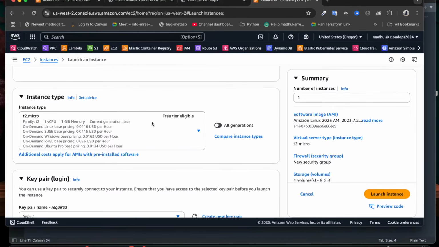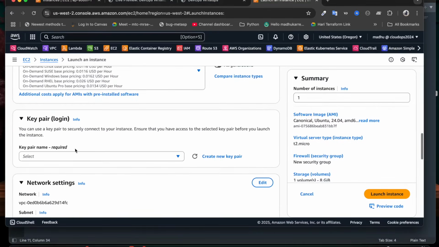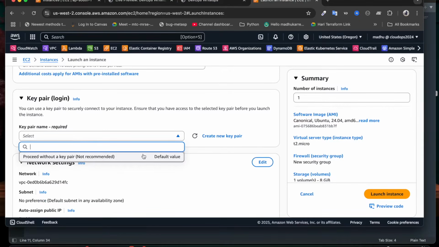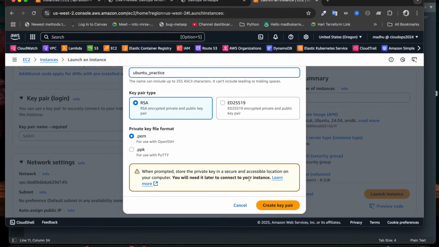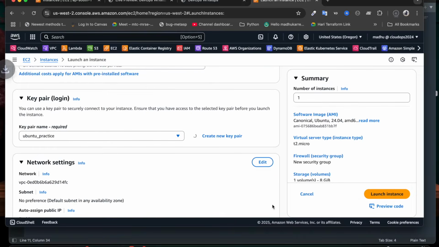T2 micro comes on the free tier, so that would be fine. You need a key pair, so create one. I'm going to say Ubuntu practice, choose pem, and create key pair.